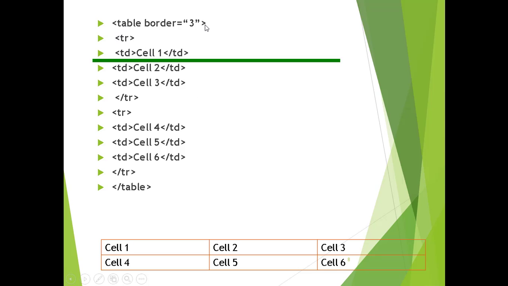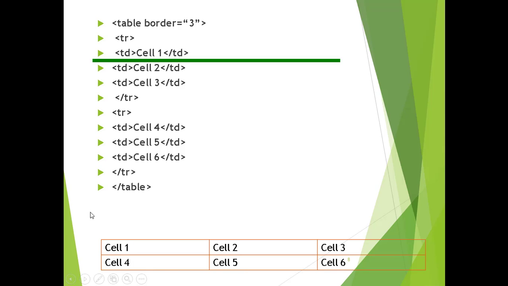The table border is equal to 3, and the table row has an opening tag as well as an end tag. So each row will be specified. In the first row you can see the data, that is cell 1, cell 2, cell 3. Again in the second row, you can see cell 4, cell 5, cell 6.